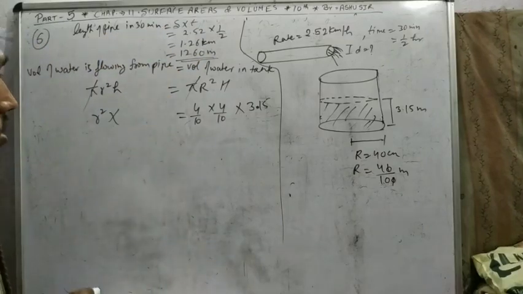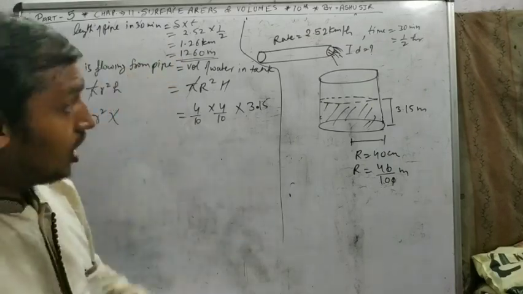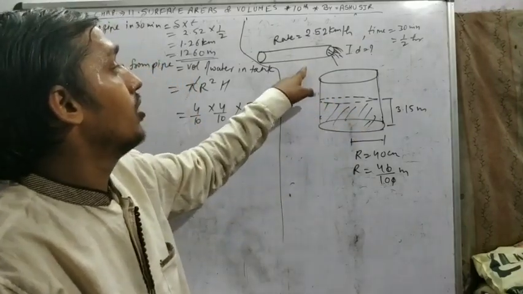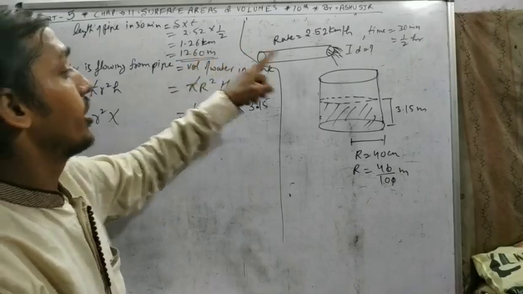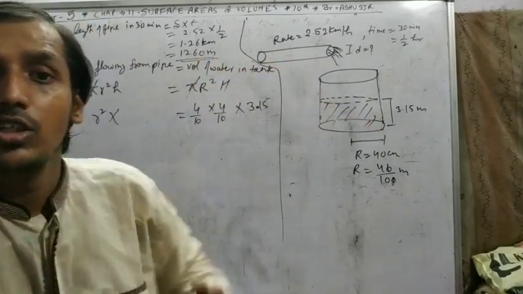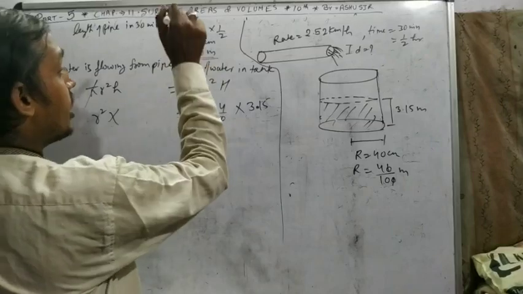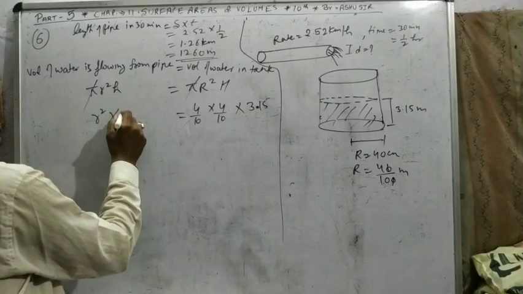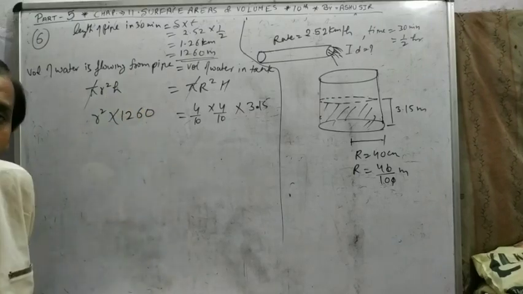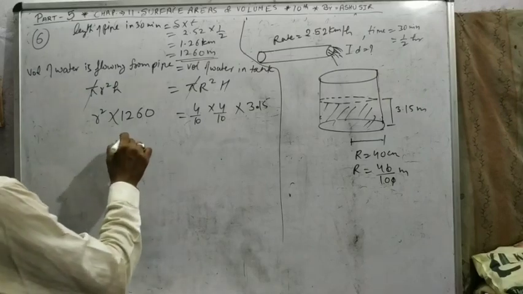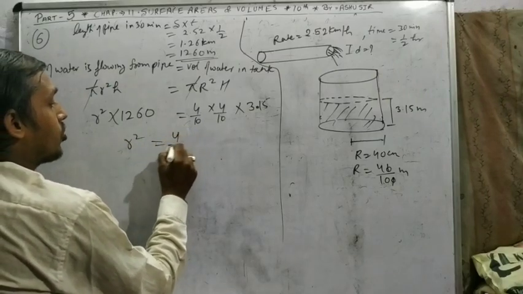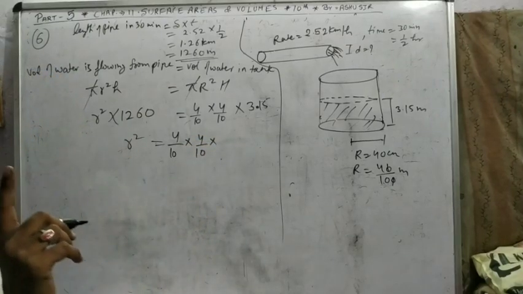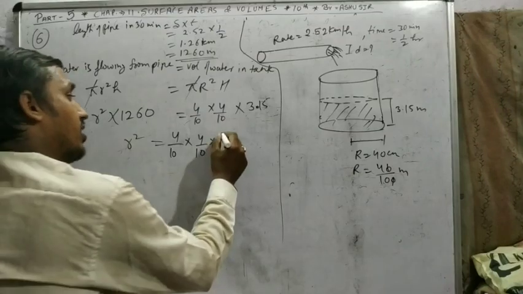And this is meter. That means if we have to store all the tank water in the pipe, the pipe length is 1260, so it can hold the same water as in the tank. So this length of water volume is equal to the volume of the water in the tank. So this is the height of the pipe. Then we have to solve them. 4 by 10, 4 by 10. I already explained the methodology to solve the question in an easier way.